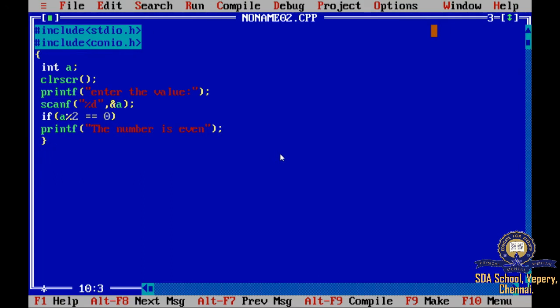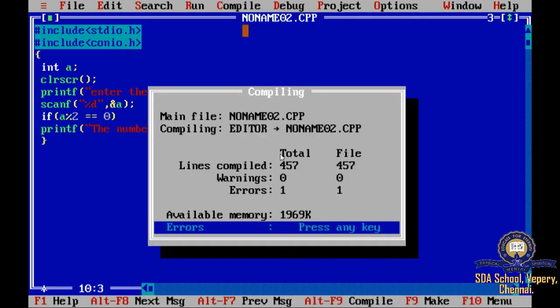So let me first compile this. What is the step for compilation? Yes, Alt F9. So go to compile, give compile.